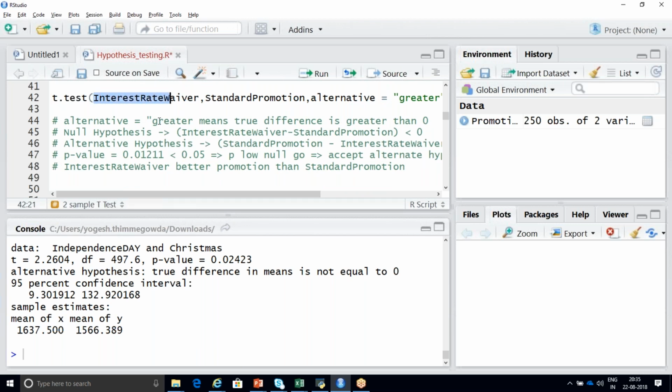I'm just passing my X column, that is my Independence Day column. Here I'm passing my Christmas column. And here, see, I did not use my alternative, I removed it. So at this step, I should write my null hypothesis and alternate hypothesis. I forgot to write it.